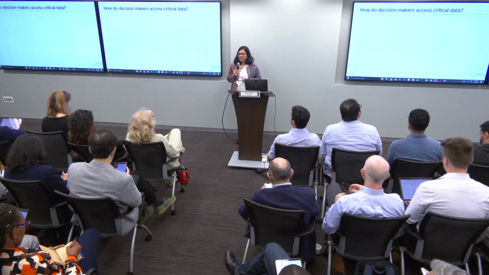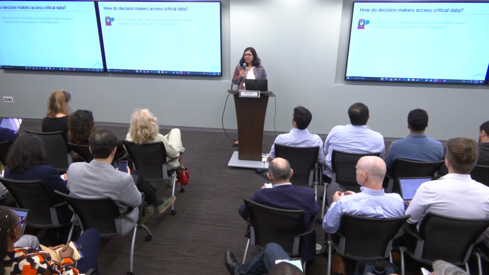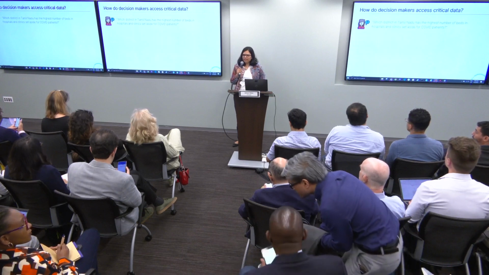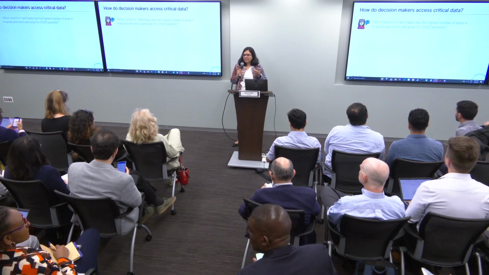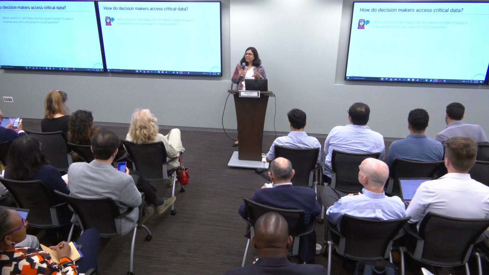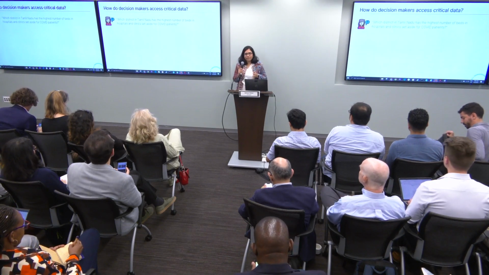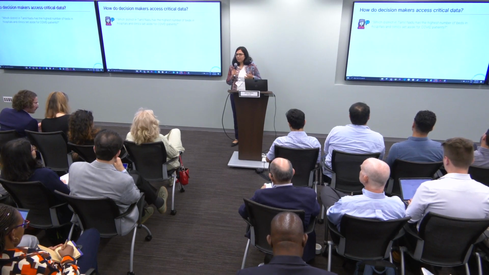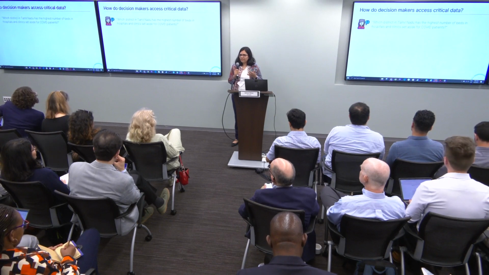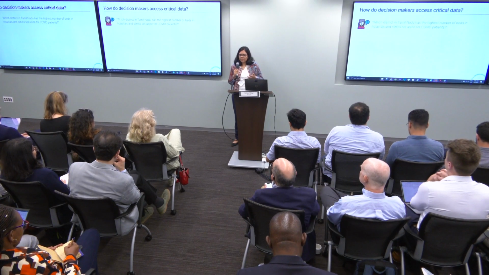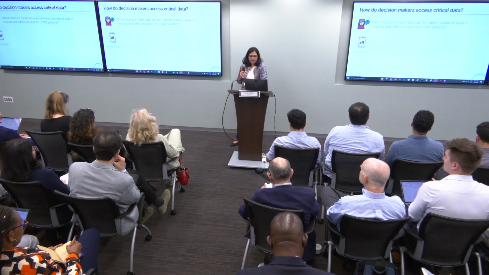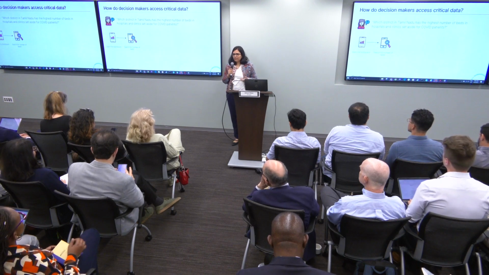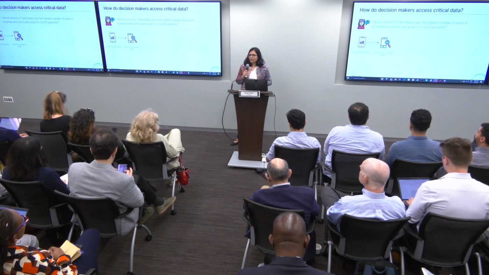So how do decision makers access critical data? Let us look at an example of a decision maker who was an official in the healthcare department of the Tamil Nadu state in India. This official has this key question which they're looking to answer. Which district in Tamil Nadu has the highest number of beds in hospitals and clinics set aside for COVID patients? Typically, based on our experience in working with non-profits and governments, we have observed that decision makers interact with dashboards in order to get this data. They usually use their mobile phones and look for indicators on the dashboard. In this case, the indicator that they're looking for is the number of beds.